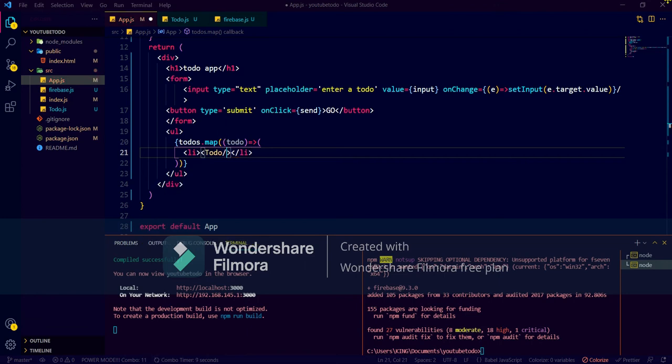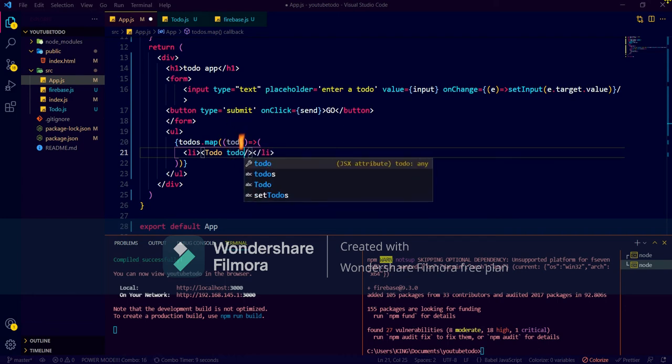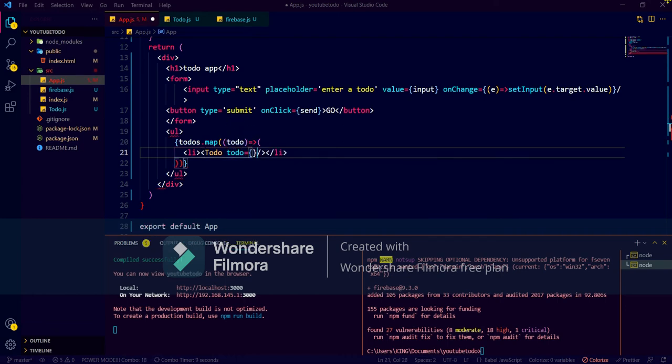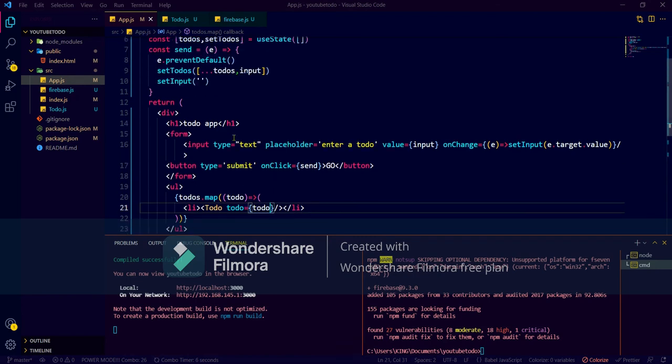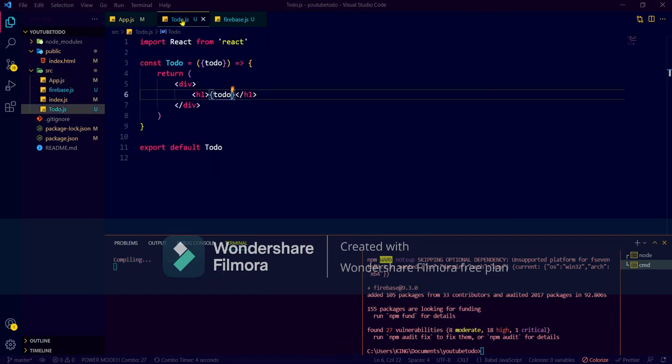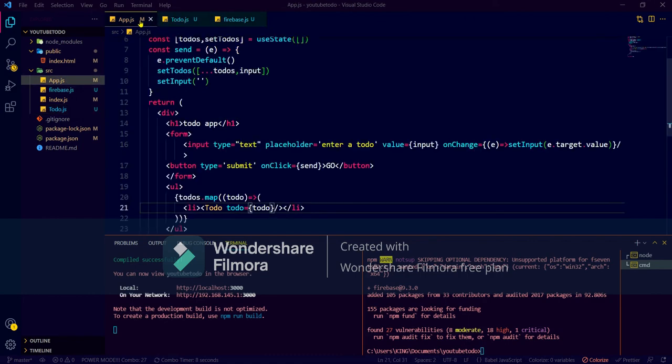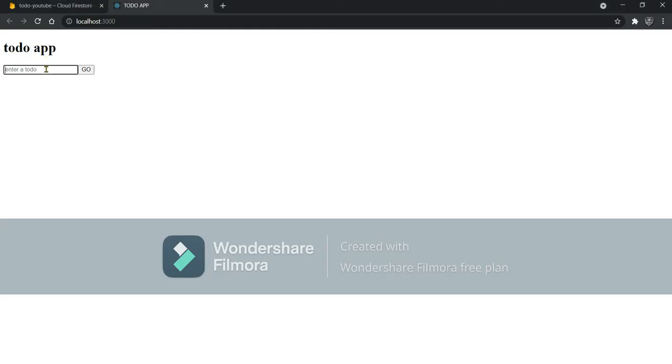That is why I am using VS Code, because it has such functionality. And from here, with the help of props, we will send todo. It will work in the same manner. First we will save it, and in app.js also we will save and go back to the browser. Now let's see if I type here, it is working fine.